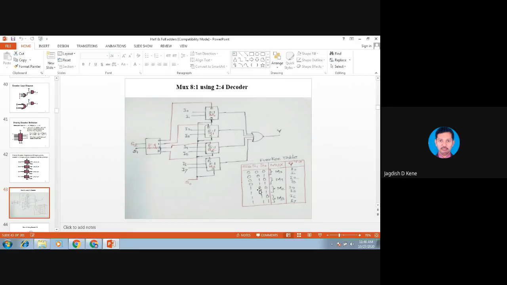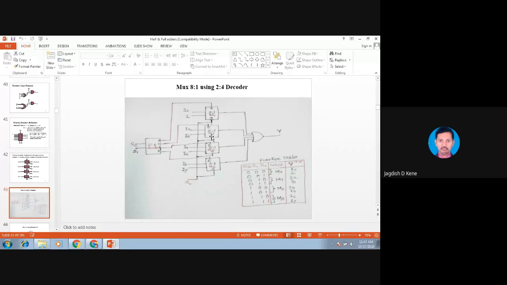Sometimes it may happen that there are two active statuses. Let us see this one: 0, 1, 1. So S2 S1 is 0, 1, which means 1. This particular output Y1 is active high and S0 is also 1.